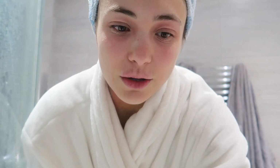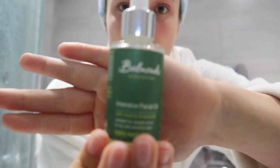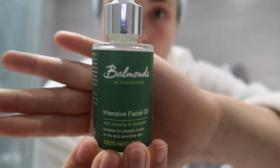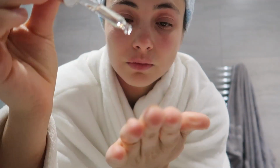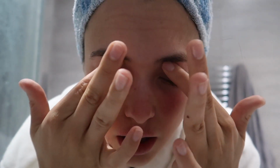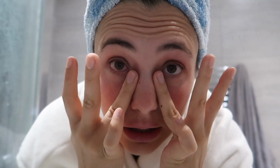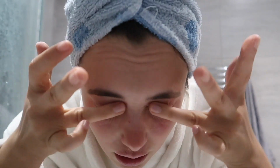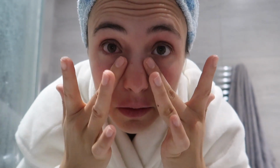Hi. So I'm just out of the shower and I've got my towel turban on. I'm just gonna put on a couple of drops of this facial oil just around my eyes. As I've said in previous videos, this is just to stop me getting those little white heads around my eyes, which I quite often get anyway, but in particular when I'm trying to reduce the amount of moisture that I